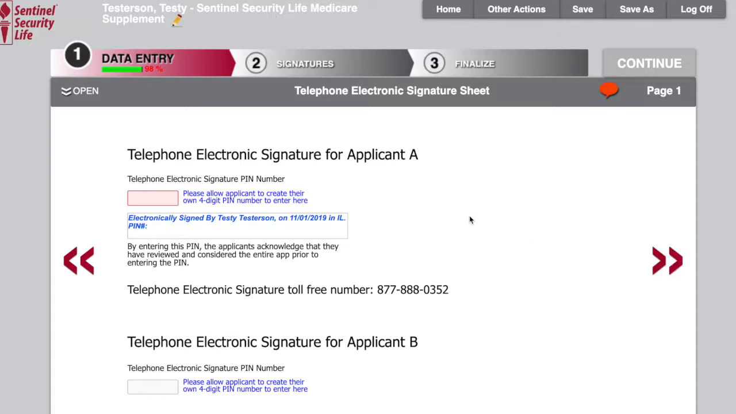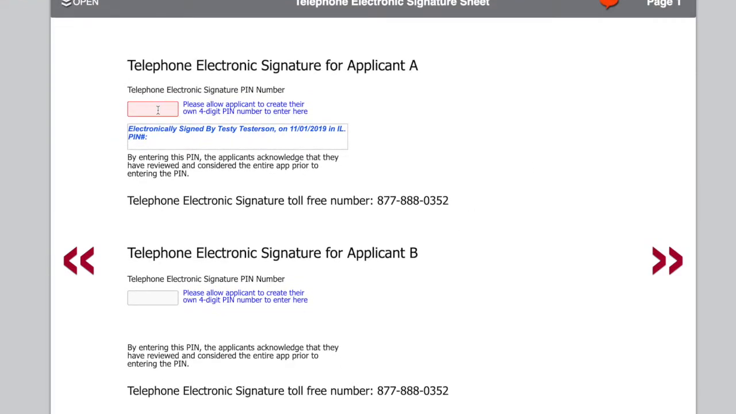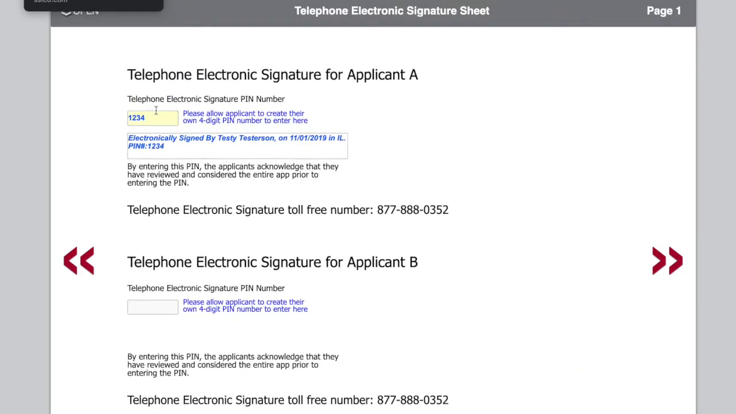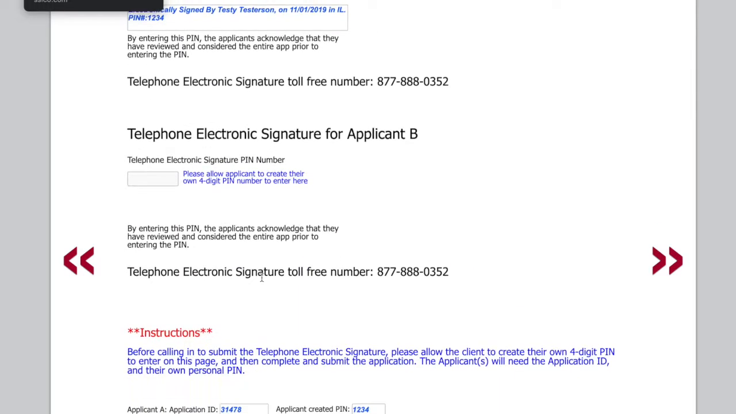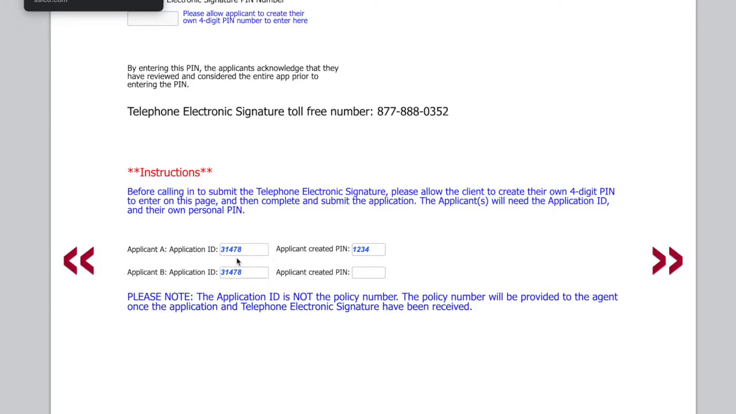Now here's where your client creates a 4-digit PIN. Okay, so we're going to say 1, 2, 3, 4. And it's applicant A only. We didn't have an applicant B. And here are the instructions. So the application ID 31478, and there's the PIN 1, 2, 3, 4, and we'll hit next. Okay, so